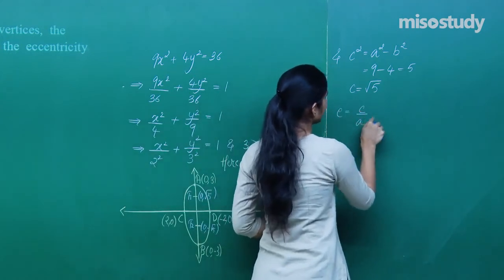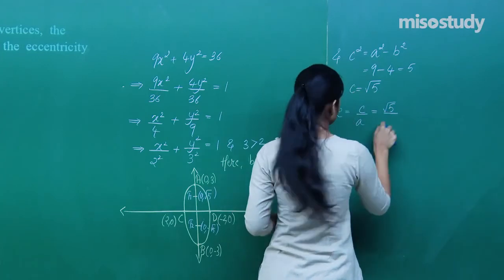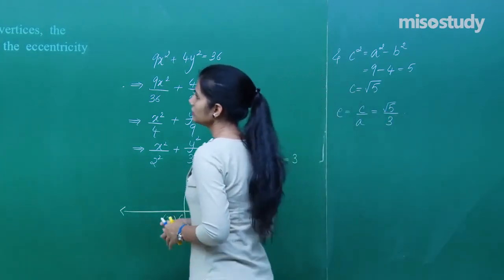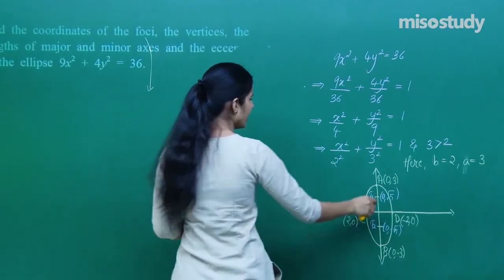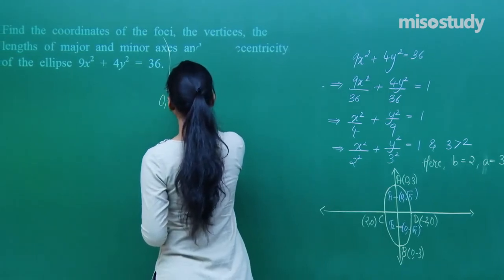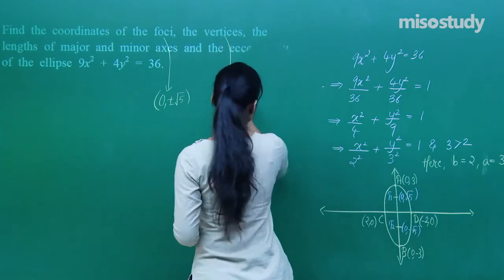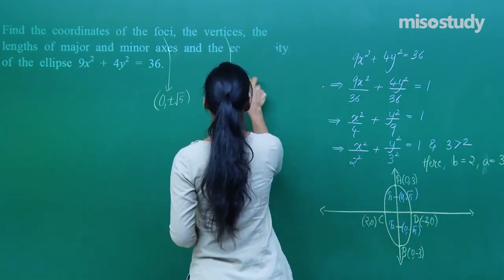Eccentricity is C by A, which is root 5 by A is 3, root 5 by 3. So I have the coordinates of the foci as (0, plus minus root 5). I have the coordinates of the vertices as (0, plus minus 3),